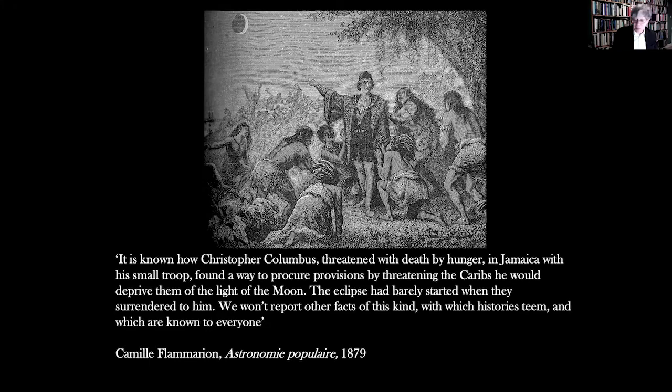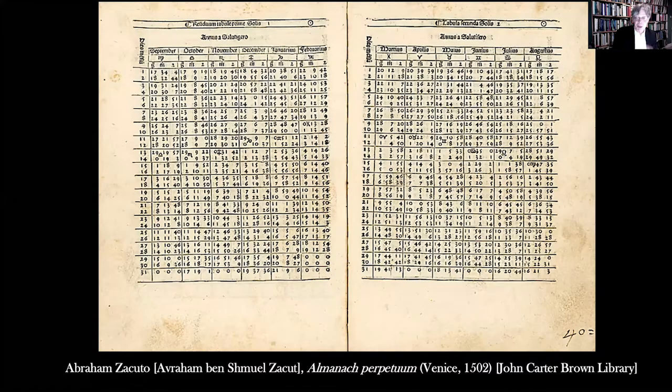New World. The almanac that he was using was no doubt this one, Abraham ben Shmuel Zakut's Perpetual Almanac. This is the JCB, the John Carter Brown copy, the Venice version of 1502. A man who'd become the royal astronomer, having compulsorily departed Spain, of course, in 1492 for Lisbon. The almanac was not only taken by Columbus, it was also taken by Vasco da Gama. And in 1504, Zacuto used his astronomical calculations to write a definitive history of the Jewish people, published in Tunis,